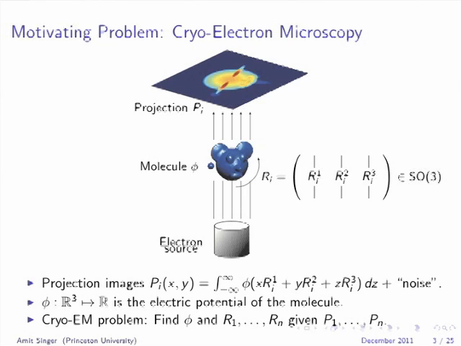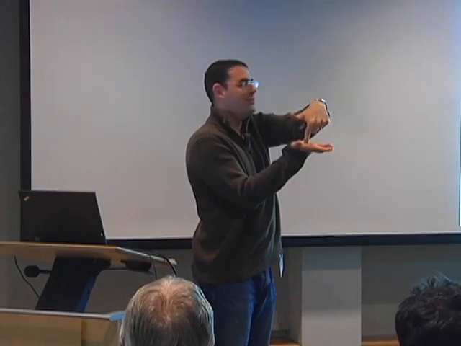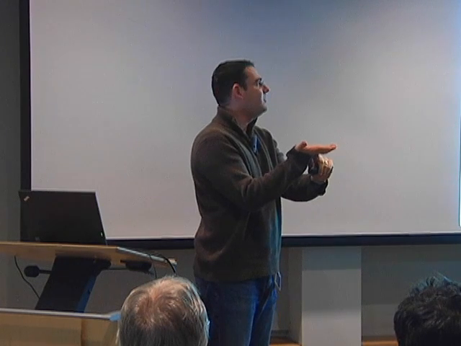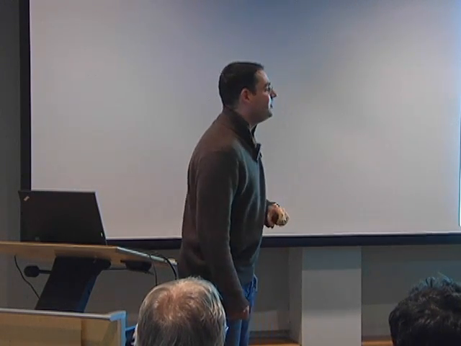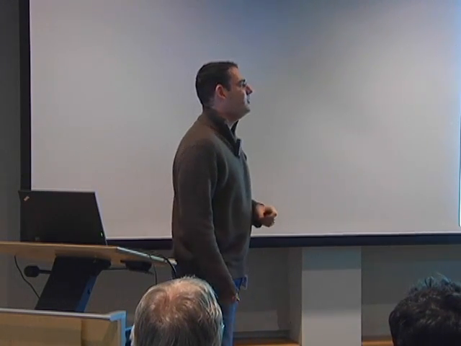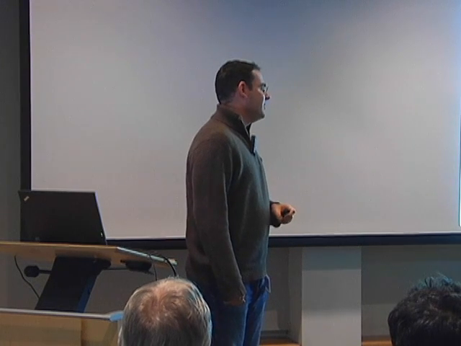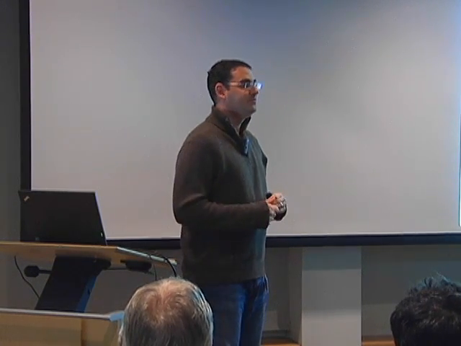Then you take pictures, or projection images, using an electron microscope. You shoot electrons at the ice layer, the specimen, and the electrons go through the ice layer and through the molecule, if there is a molecule. The pixel in the image just corresponds to the line integral of the electric potential created by the molecule plus some noise. This is very similar to classical computerized tomography, where you try to find the three-dimensional structure,